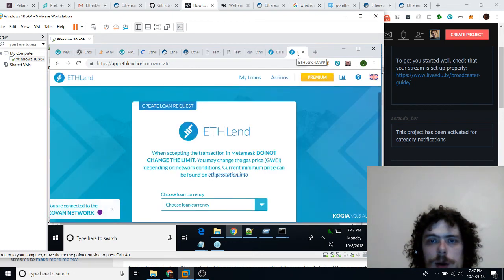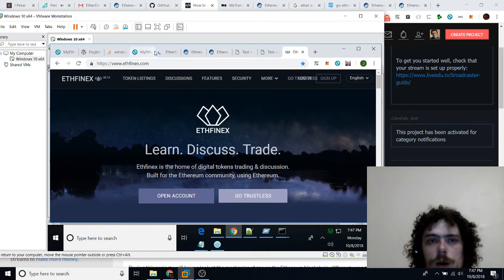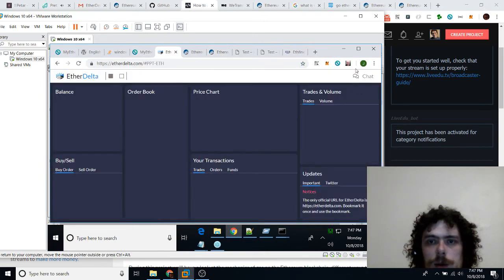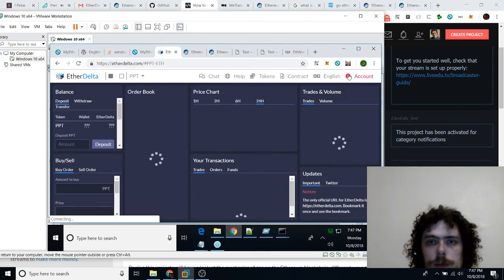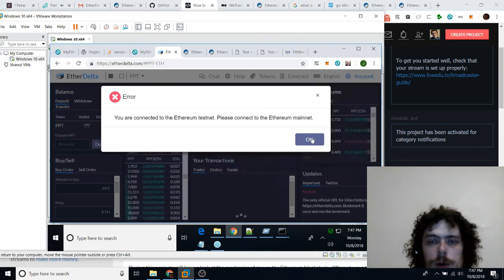On EtherDelta, that pop-up would have popped up. You would have been able to change the gas limit, rather, and the gas price, but it would use whichever default you have. That said, on EtherDelta, you don't have to use MetaMask because you can use an account you create or import, in which case it just uses the default.